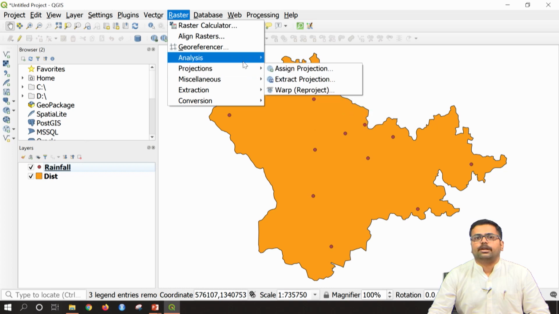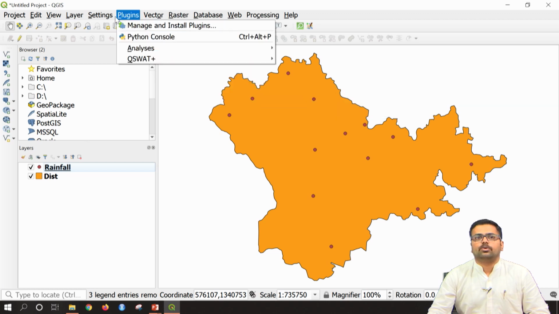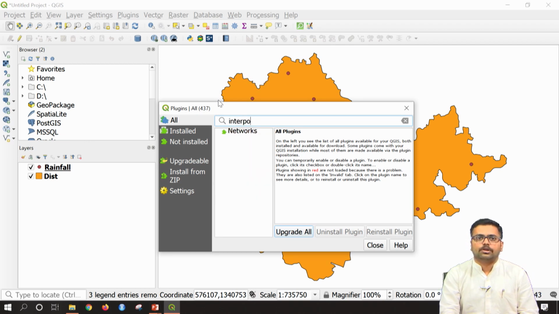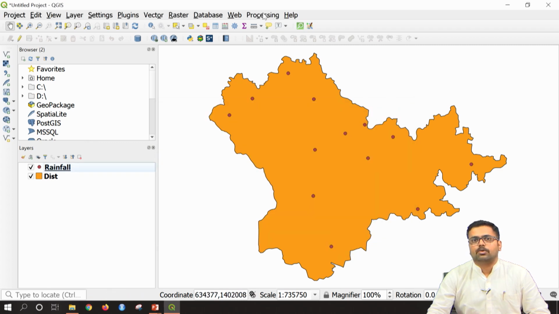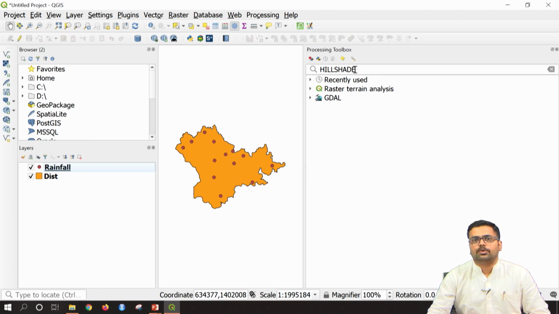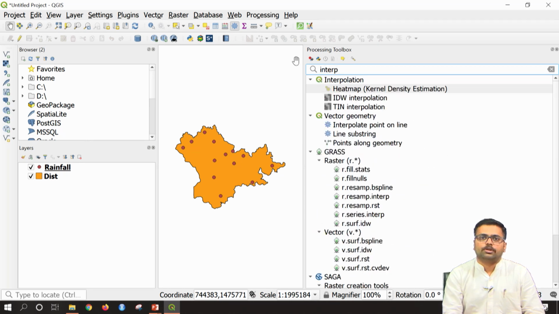If you do not find interpolation in this particular Raster menu, you can either go to Plugins, Manage and Install Plugins, and search for interpolation. Again, if you do not get it here, alternatively you can go to Processing Toolbox. So, here just like we search for slope, hillshade, etc., you can also search for interpolation.